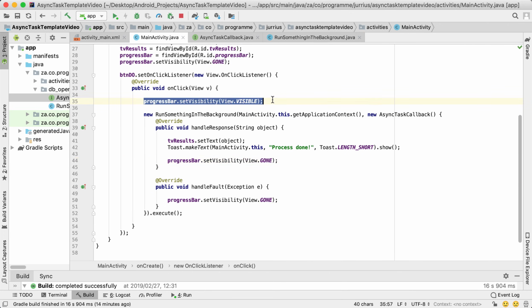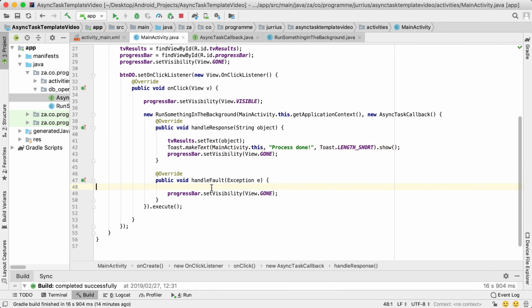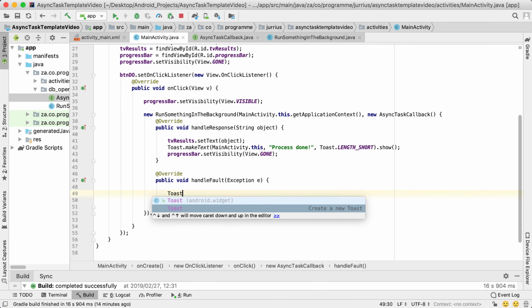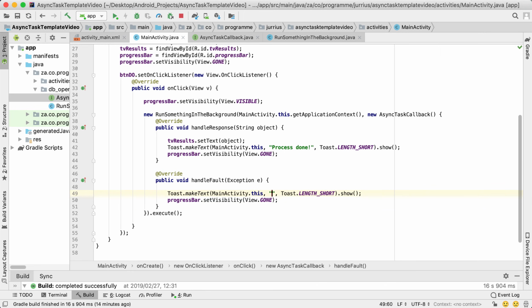So you start showing it just before you call your async task, and then inside of both of those two methods, you need to stop showing it. So we're going to show the toast, and then we set the visibility to gone. Now in the handle fault, we can just show a toast for the user there, and we can say something like error